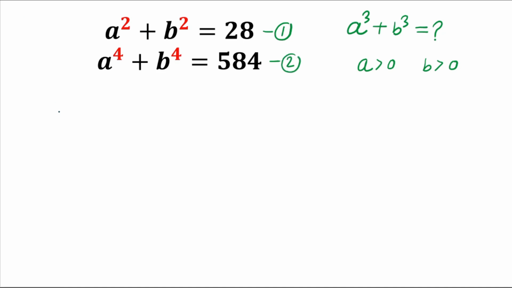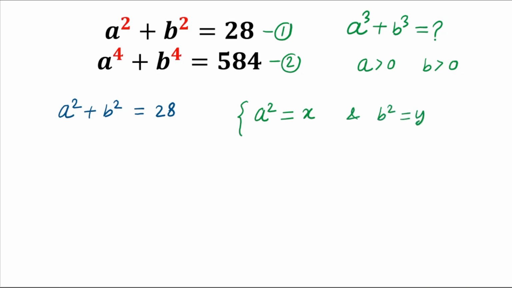Now look carefully at equation number first: a square plus b square equals 28. Now if we substitute a square equals x and b square equals y, then the left hand side is x plus y, and this equals 28. Now if we take the square on both sides